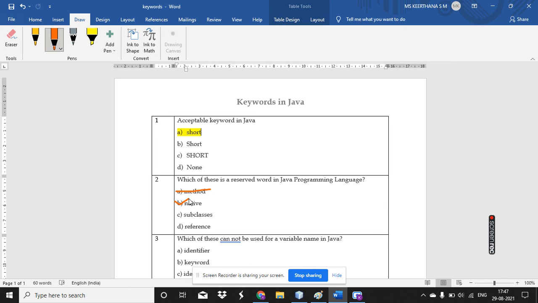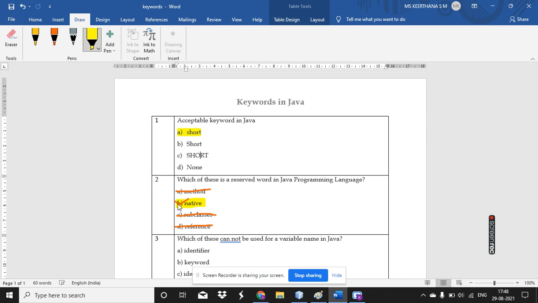And what about subclasses? Subclasses is not a reserved word or a keyword. We will use the term subclasses while we are doing inheritance programs, right? And what do you mean by references? Referring to something, maybe arrays, those types of things come under reference. This is also not a reserved keyword. Fine. So the reserved word is native.